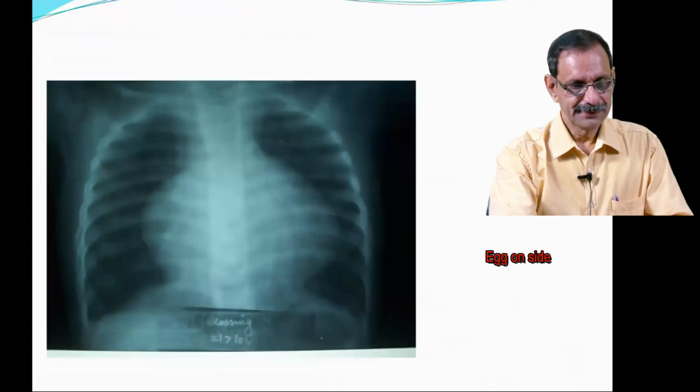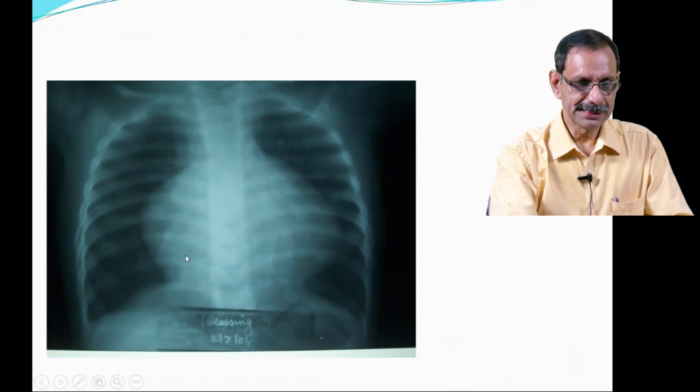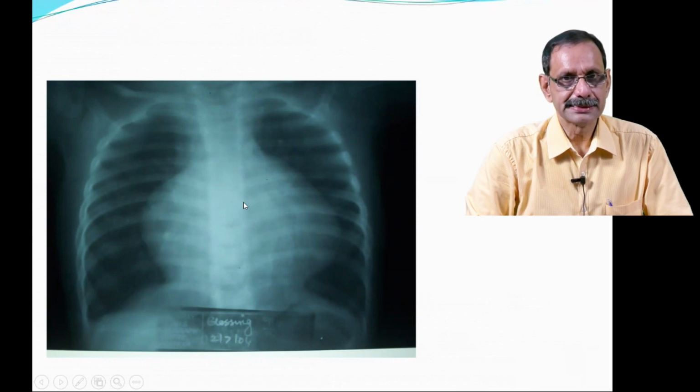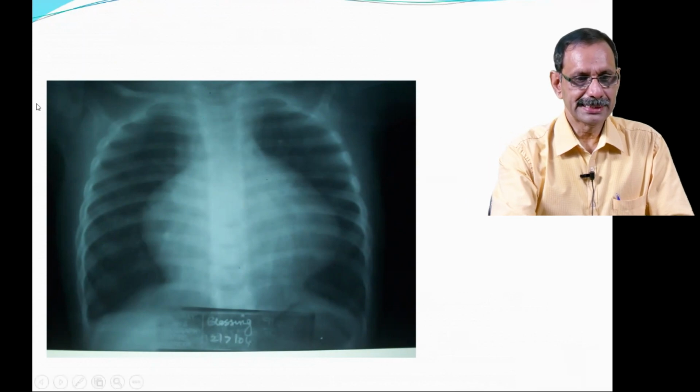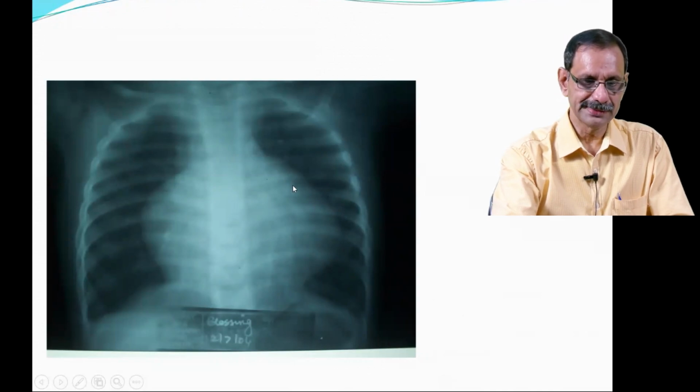And this, with some imagination, if you cut this off, looks like an egg. But it has some other issue causing hyperexpansion of the lung, and egg-on-end appearance is typical of TGA. But here one thing that is odd is that in TGA we expect a lot of vascularity here. Here I am not finding much vascularity. Whether it is an X-ray artifact due to penetration, we do not know, but this was a case of TGA.